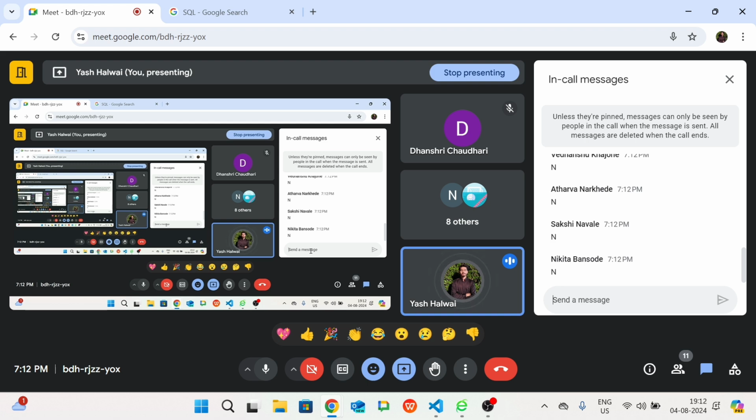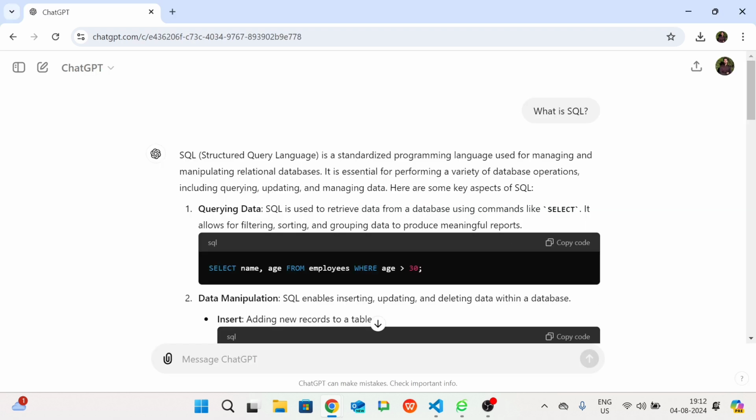What do you mean by SQL? Okay, now see. Come to ChatGPT here again. So see, SQL means we have a big database. Suppose we have a CSV file, an Excel file, and we need to interact with that particular file. How can we interact? Is there any way to retrieve data from the databases? How can it be done?